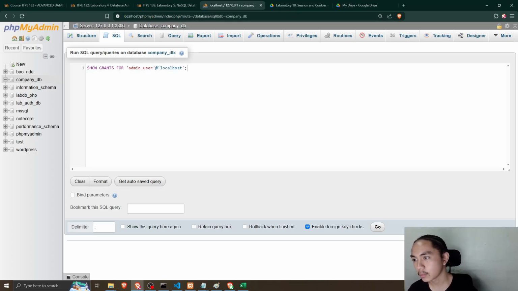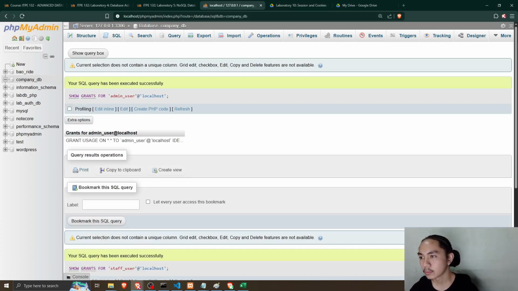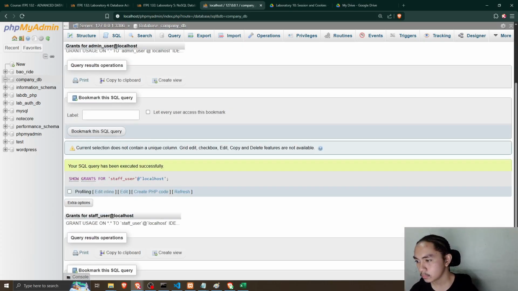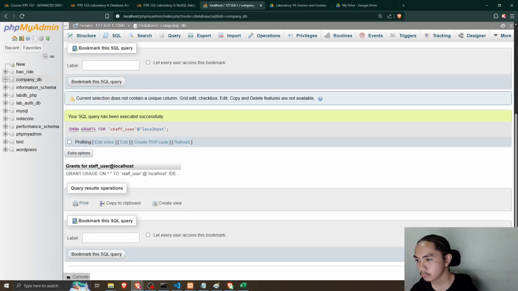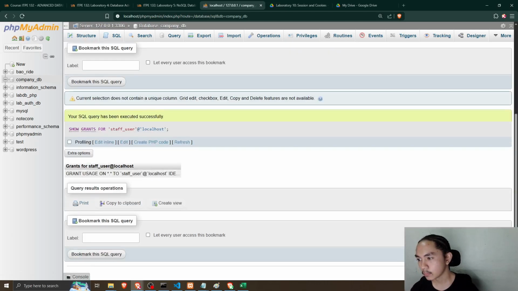Then let's copy that for the staff user. Okay, so run. Okay, so we have the grants here already for the admin and for the staff.